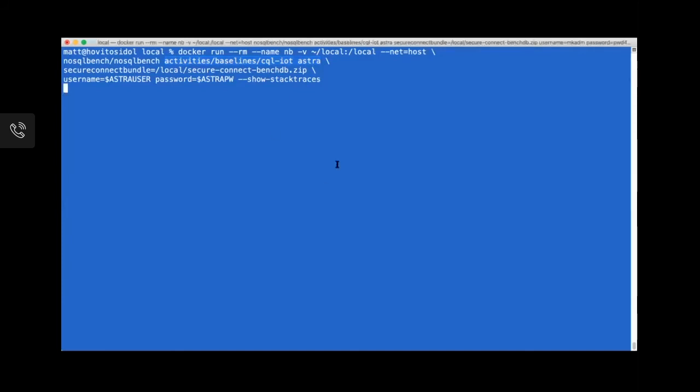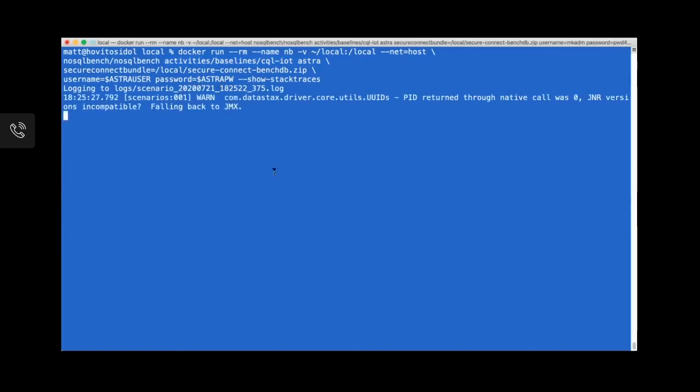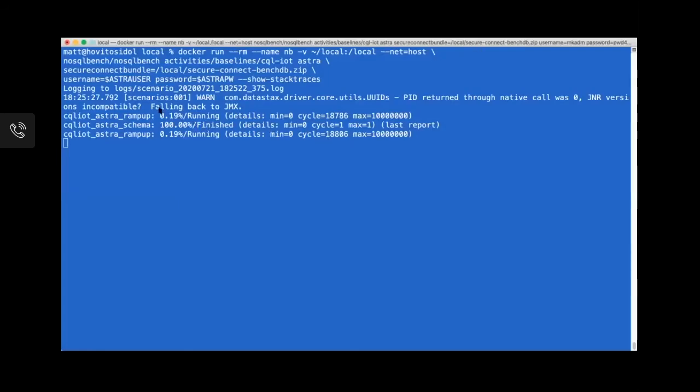So we will kick this off and it will start to run, which we'll see here very shortly. So we're logging to this particular log. We're going to see a fair amount of output here anyway, even though there's a log file. As you run NoSQL Bench, you're going to see these outputs progress as we run more and more iterations of NoSQL Bench. But since we've seen these, we know that NoSQL Bench is active. Let's switch over to the database view real quick.